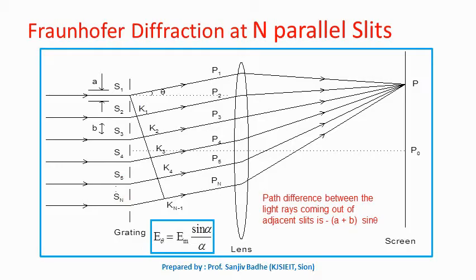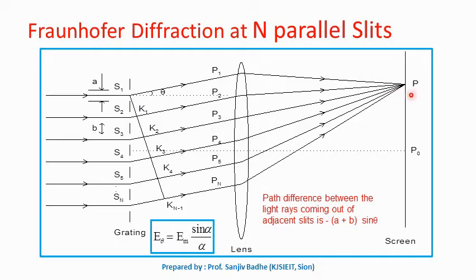So this is B. Let us consider the light rays which are diffracted at an angle theta. Theta can be anything, it's a general angle, and all these light waves after passing through the lens arrive at point P on the screen. Our problem is the same. We want to find the intensity of light at point P due to the light waves diffracted at an angle theta. To find the intensity, we will have to find the resultant amplitude of the wave disturbance arriving at point P, and intensity is directly proportional to the square of the amplitude.